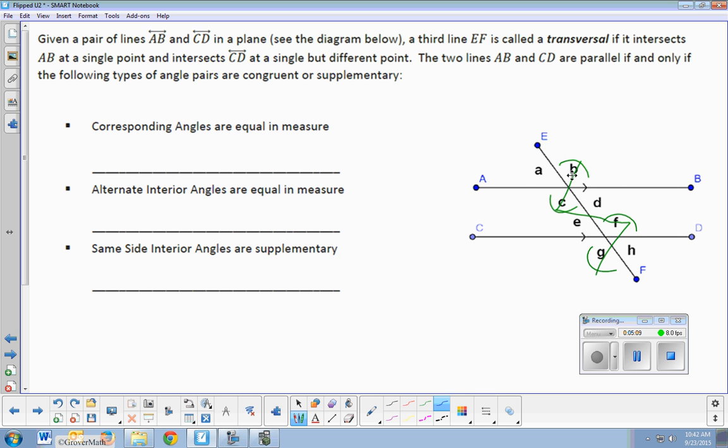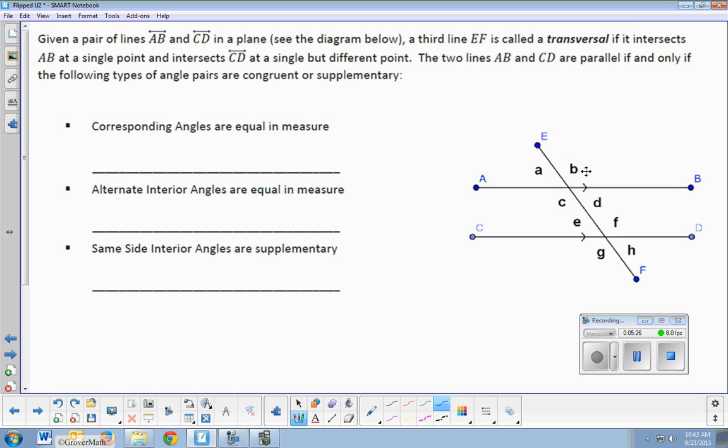And it's the same thing with the other grouping. A and D are vertical angles, so they're equal in measure. D and E are alternate interior, they're congruent. And E and H are vertical, so they are all the same measure. So when we see two angles cut by a transversal like this, there's really only two angle